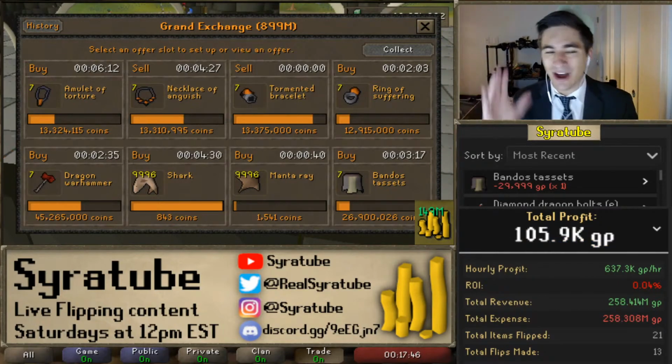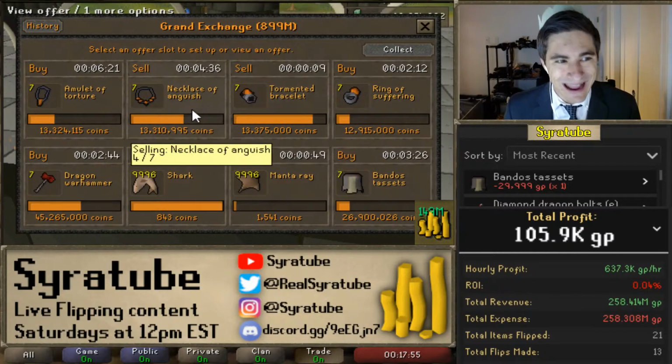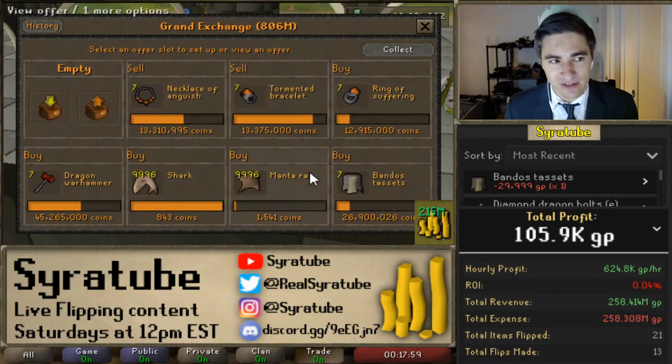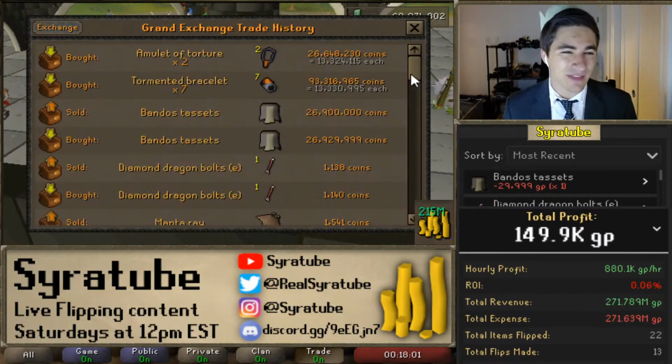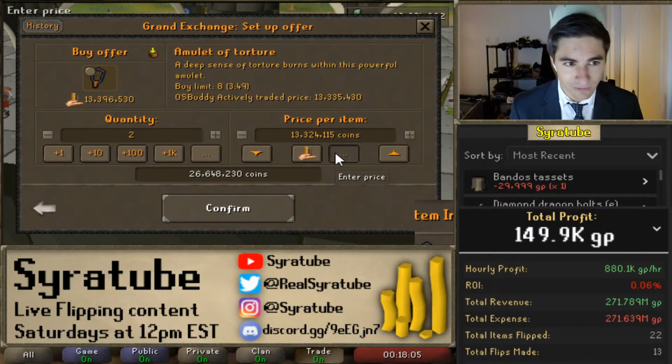But anyway, enough of the chit chat. We're up to 105K in profit. We made up all the profit from our margin checks already, basically off the tormented bracelets and the necklaces of anguish alone. We're also going to adjust our price listing on the amulet of torture, as that was the first flip that we actually listed, and we're not having any luck filling out our limit here, so we're going to list it for